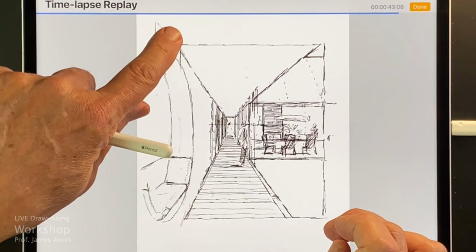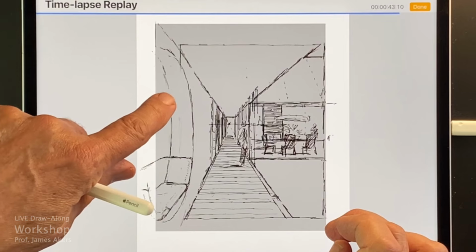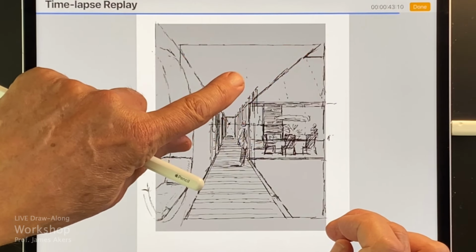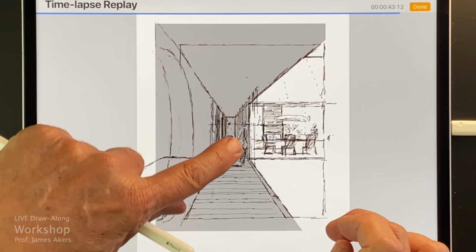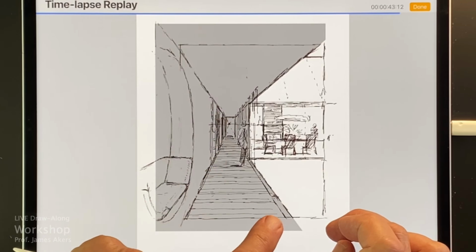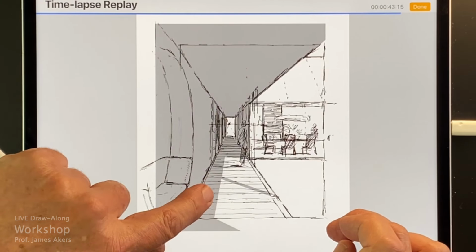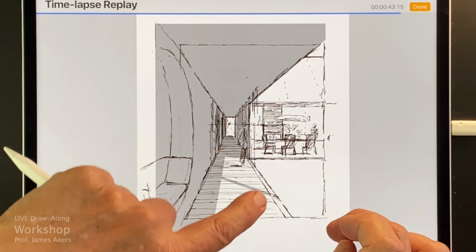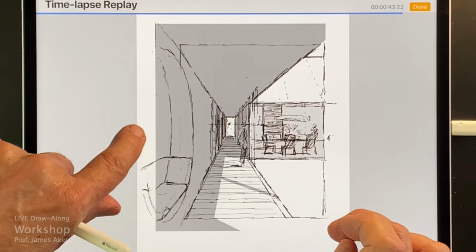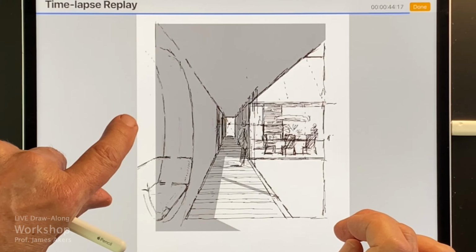So sometimes you can make really simple, bold gestures that quickly pull the drawing together. And what I'm doing is subtracting these areas with the selection tool, and I'm also going to be subtracting this light here, so I show the sunlight coming in, and that's a shadow from one of the mullions, which hasn't been drawn in, but you can make little twists like that, and no one will know the better.